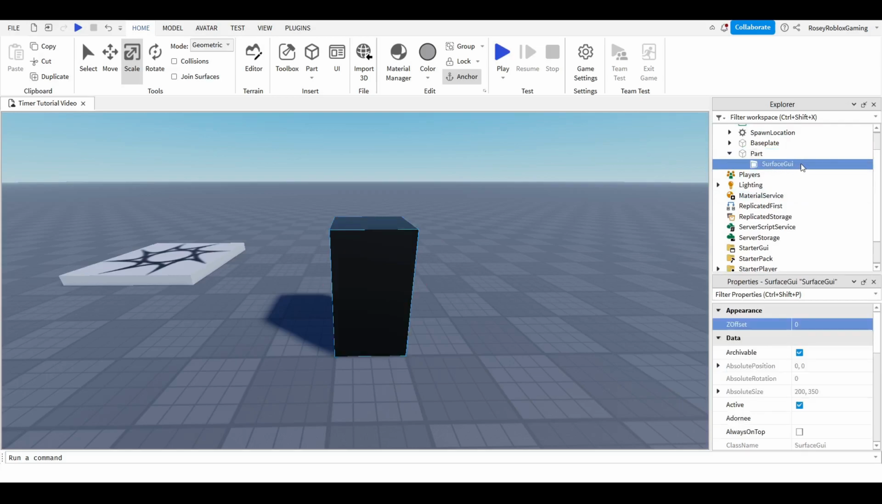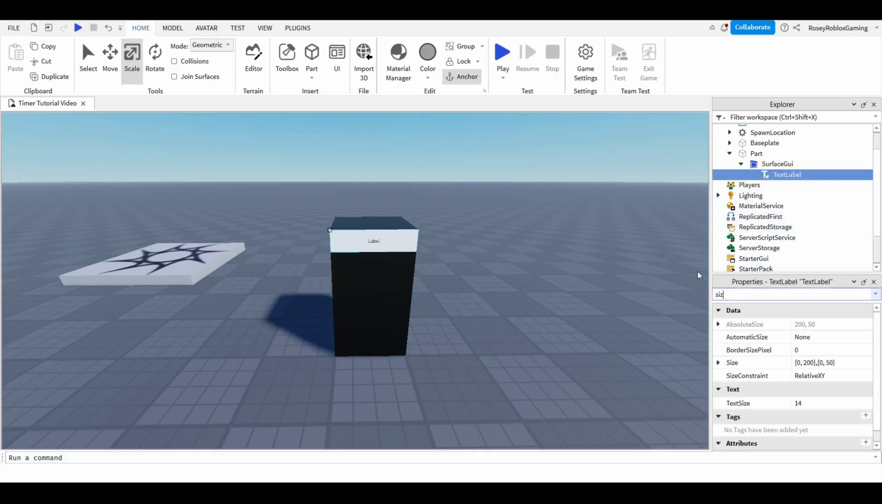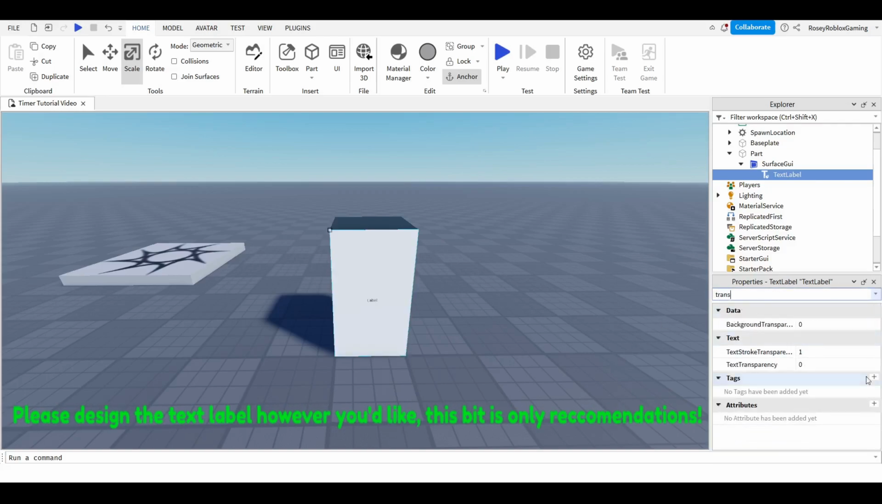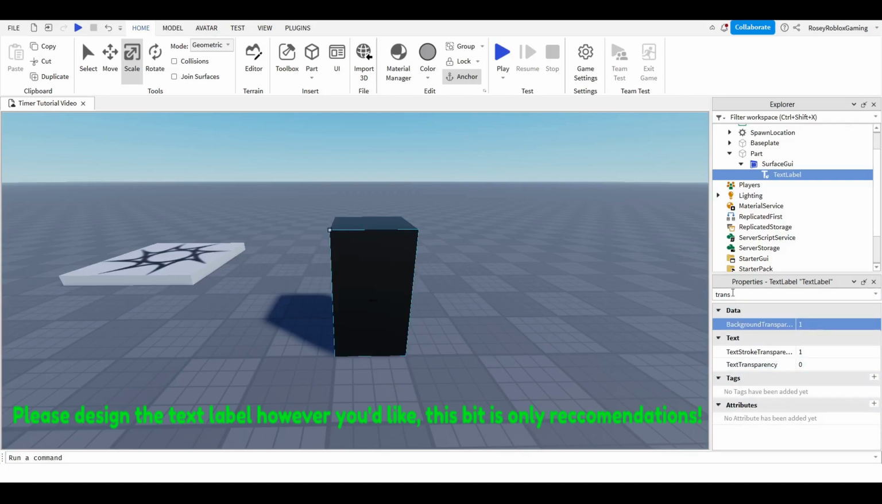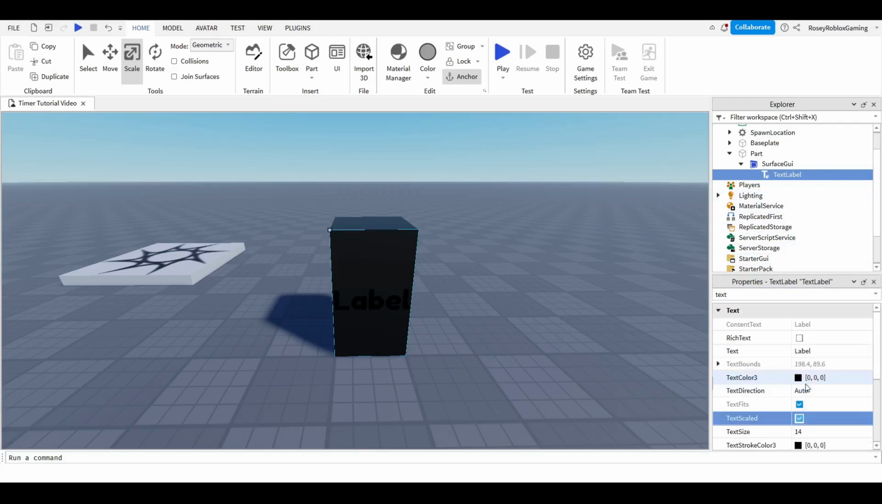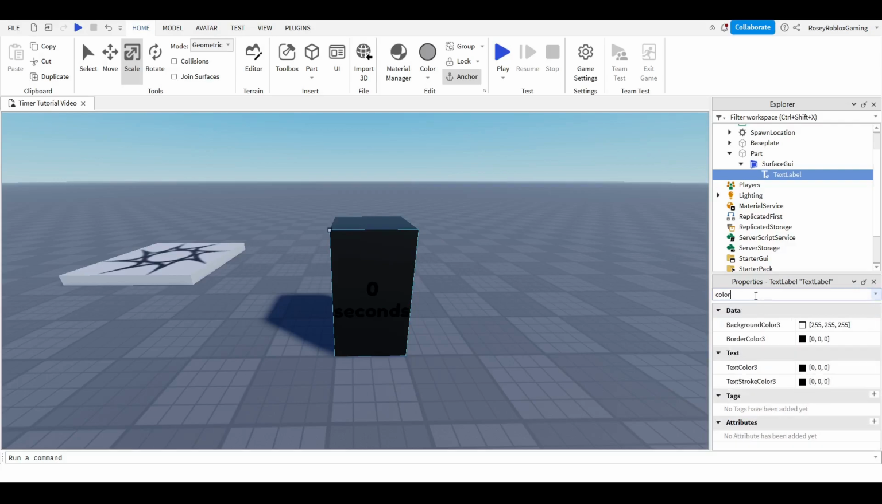Then you can add a text label, and let's change the size to 1010 and the background transparency 1, and I'd like the font to be Rodoka 1. You can do this however you'd like. I'm going to scale the text, change it to 0 seconds. I'm going to change the color to green, so